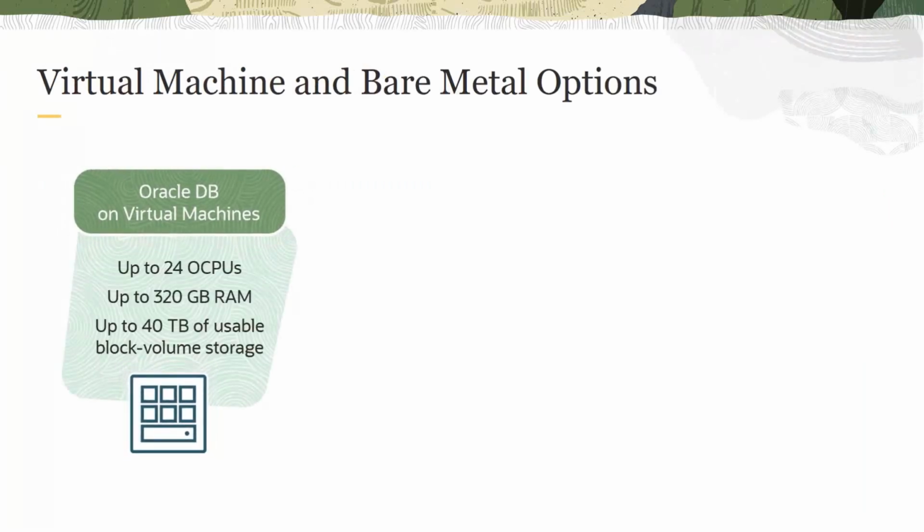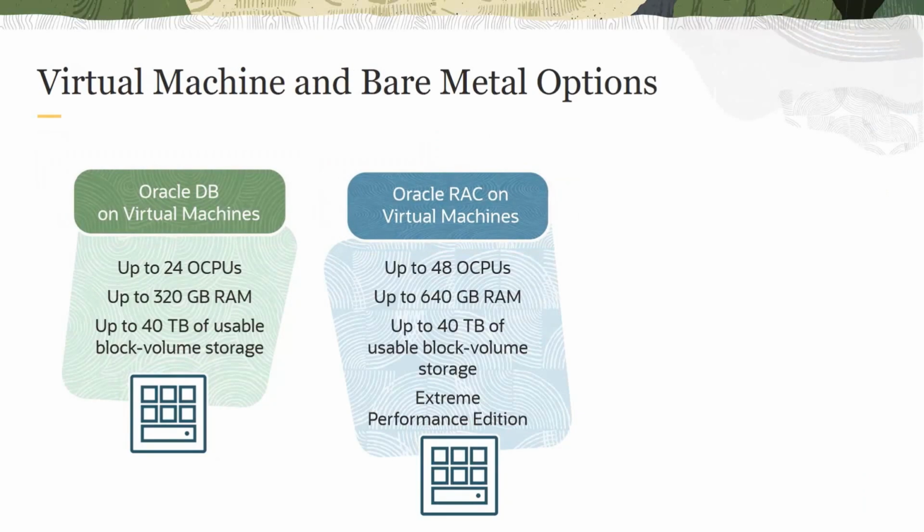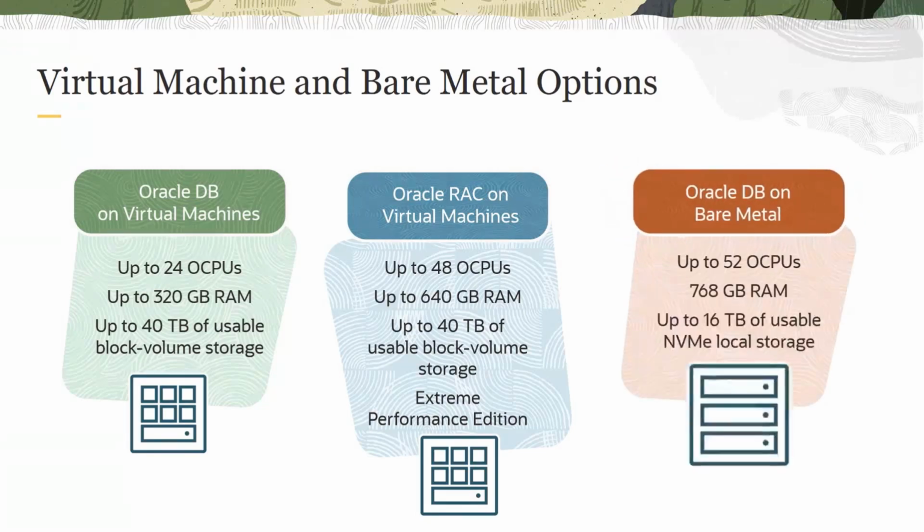There are two types of DB systems on virtual machines. A single node virtual machine DB system consists of one virtual machine, and a two node virtual machine DB system consists of two machines. As you can see, this is a single node Oracle DB on a virtual machine and this is Oracle RAC on virtual machines. The maximum number of OCPUs, RAM and storage for your database depends on the shape you choose. Virtual machine DB systems use Oracle Cloud Infrastructure block storage. The bare metal systems that you see here use NVMe local storage. One thing to note here is that the two-node Oracle RAC DB systems require Oracle Enterprise Edition of the type